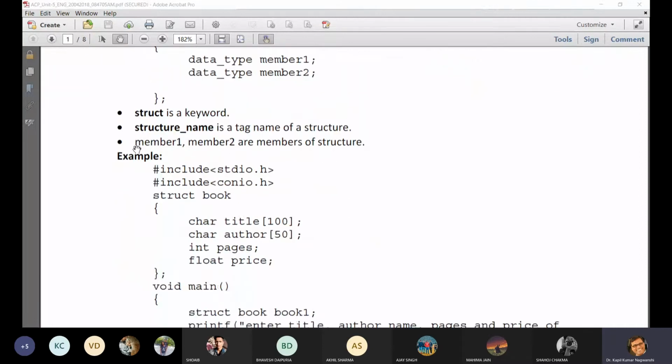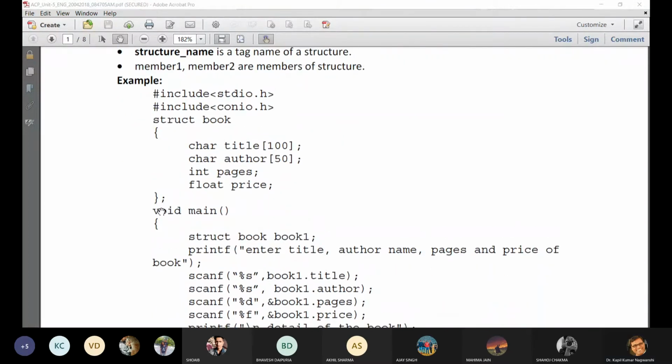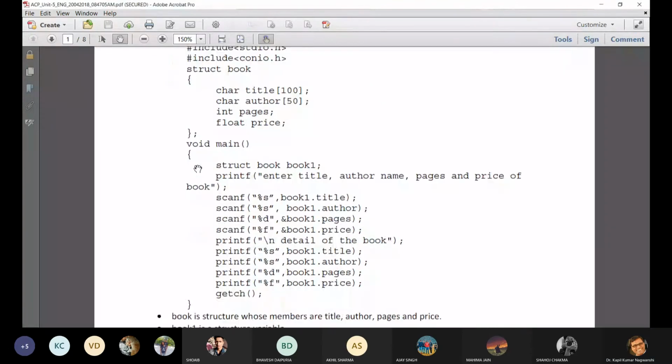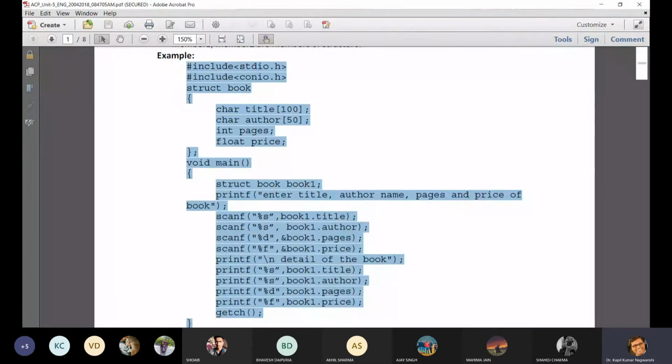So let us see the example of this. This is our example. Struct book is written. Let me copy this example to explain the program.